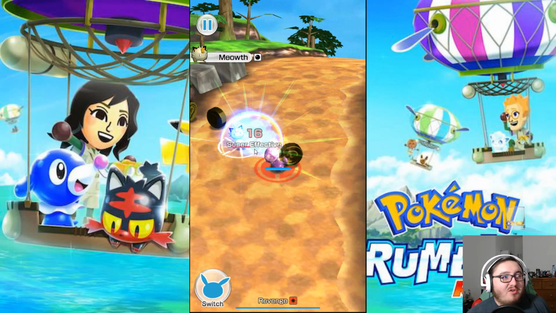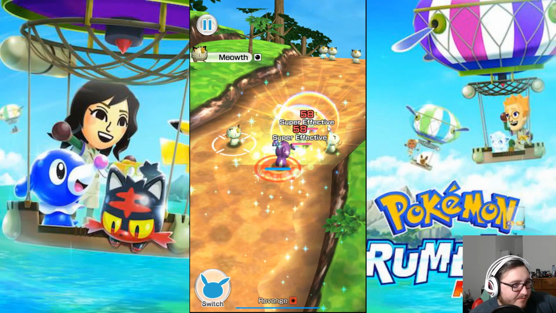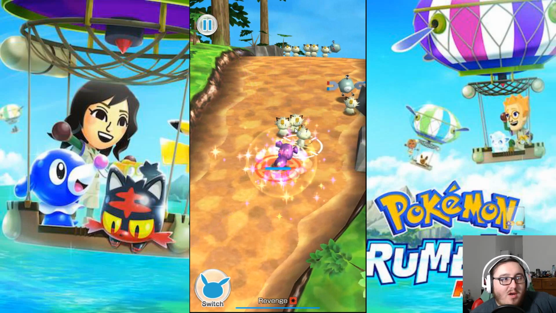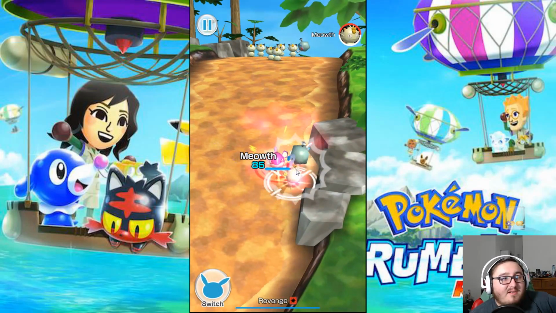So one of the things I do want to do is I really want to get a Magnemite before I leave this stage. Because even a Magnemite with a Steel move is going to be something that I'm going to want. The downside is that once you leave this island...